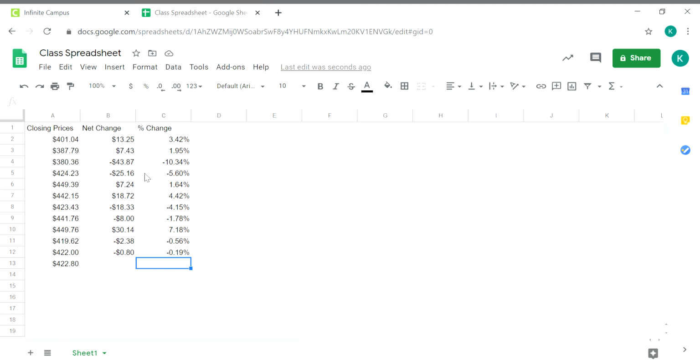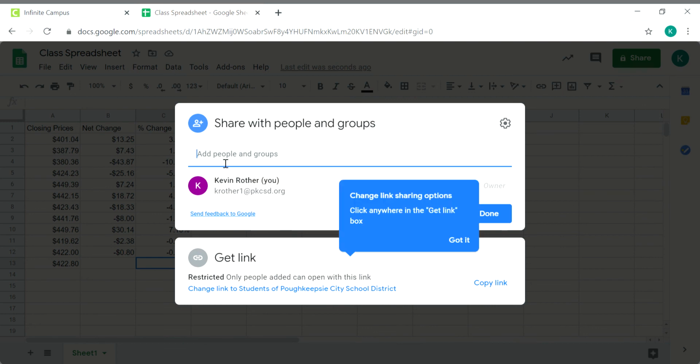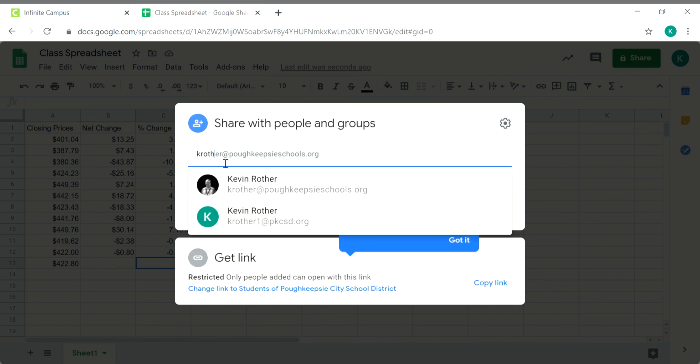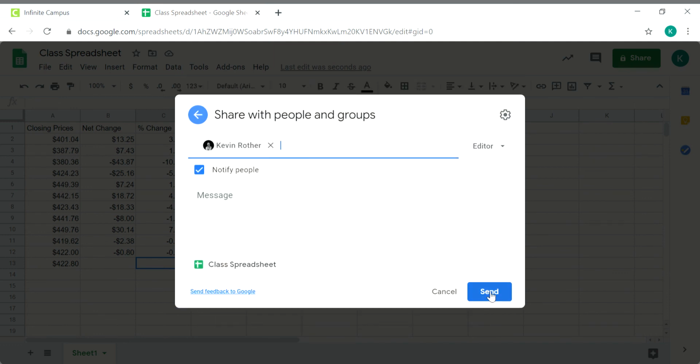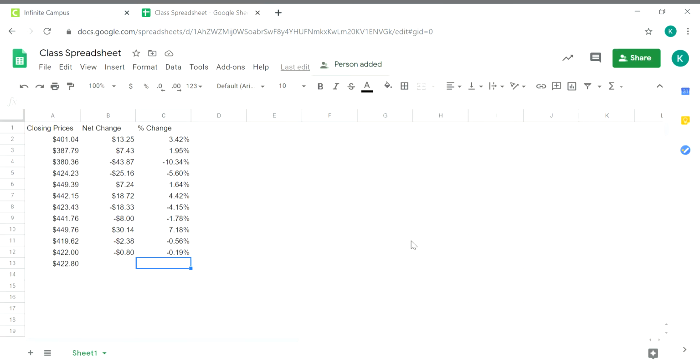Now, say this was your homework assignment and you want to turn it in. Up here where it says share, click on share, and it'll say loading, and who you want to share it with. You want to share it with me and use my teacher email. So it's going to be krother@poughkeepsieschools.org, and then say send, share anyway. Okay, so then what I'm going to want to show you now is I'm going to